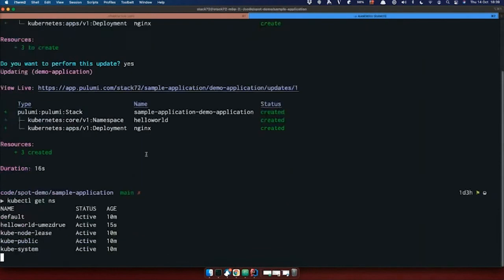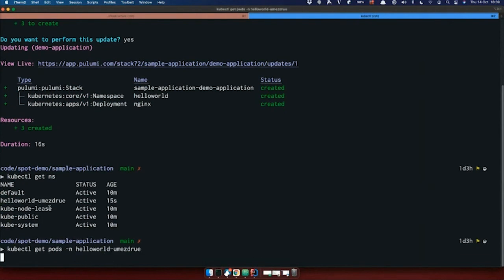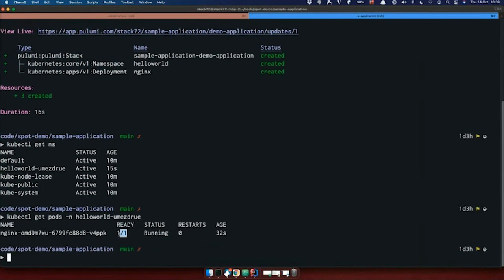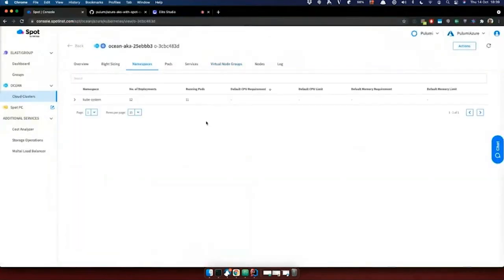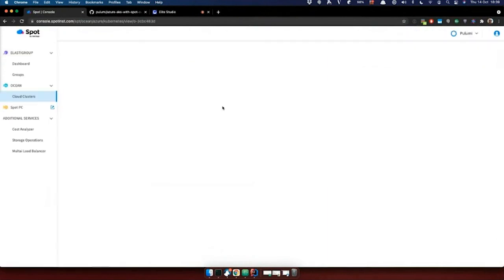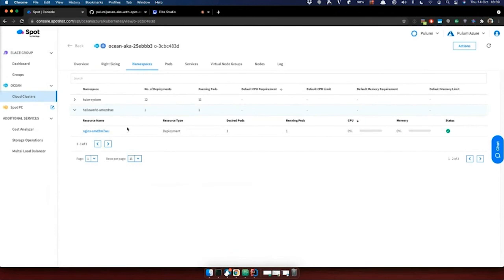And now if I get my namespaces, we will see a new namespace that starts with hello world. And if I run kubectl get pods, with the namespace hello world, we will see that there is actually a pod available, and it has one replica running. Now we can even go back to Spot here, and we can see that we now have a namespace. Let's refresh this. And we can see that we have a hello world namespace, and we have the deployment inside it, and it's